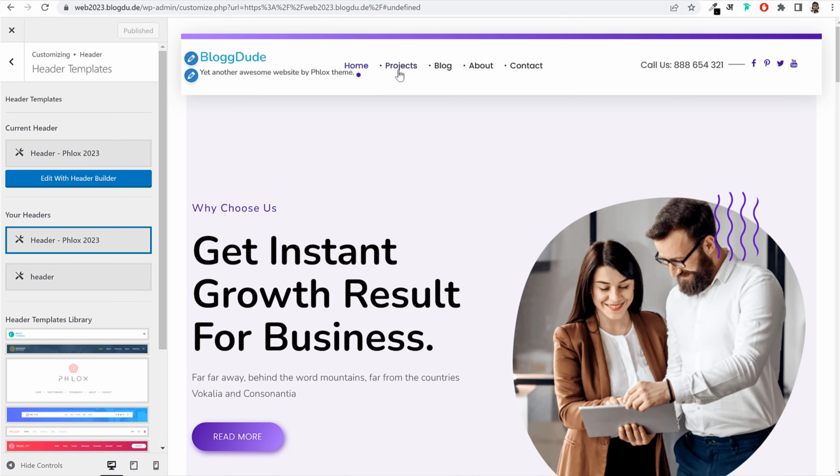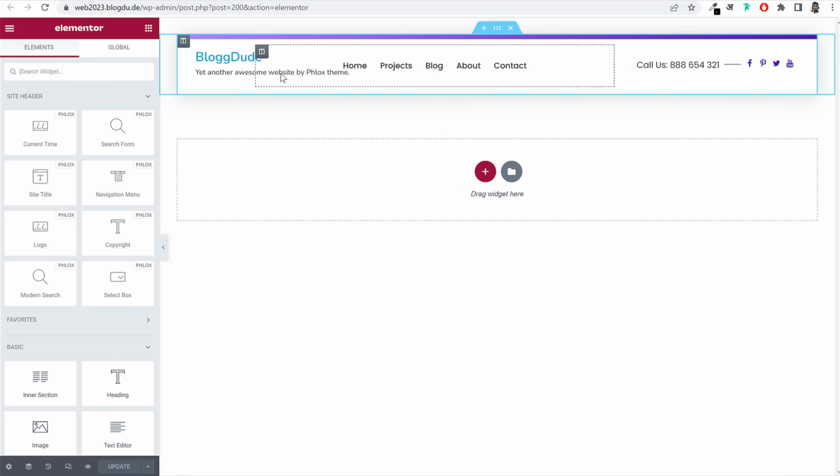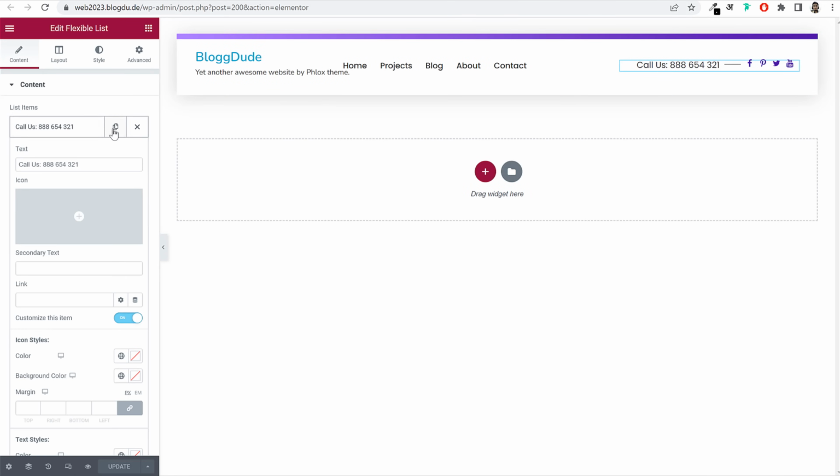Now if you want to make any changes in the header, you can click on edit with header builder. It will open a new tab with Elementor, and you can make some changes. For example, if you want to change the phone number, just click on it like this, and instead of this phone number, type in whatever phone number you want over here,